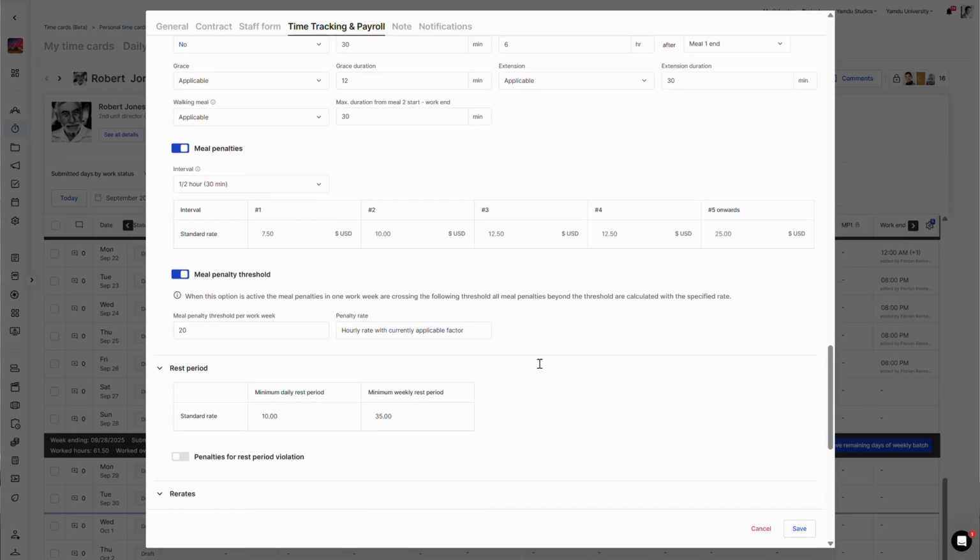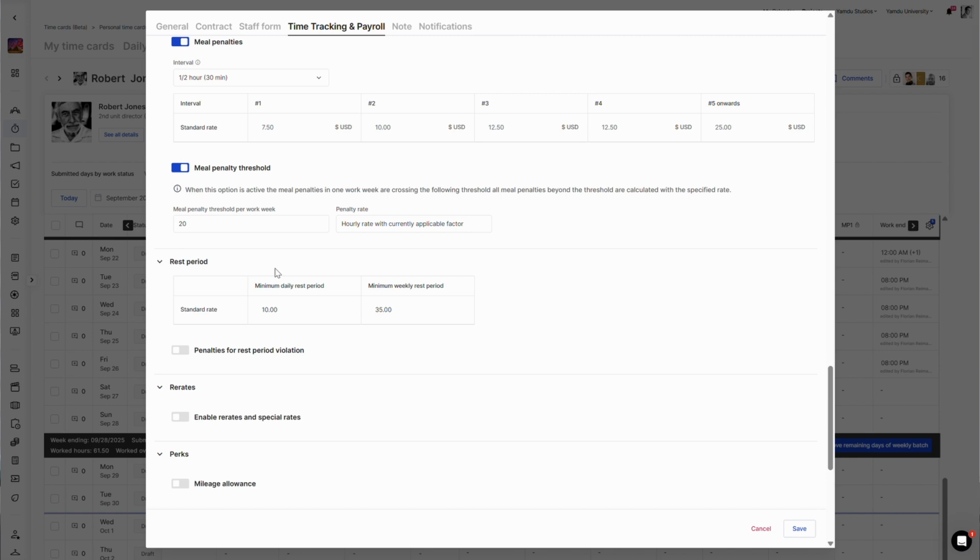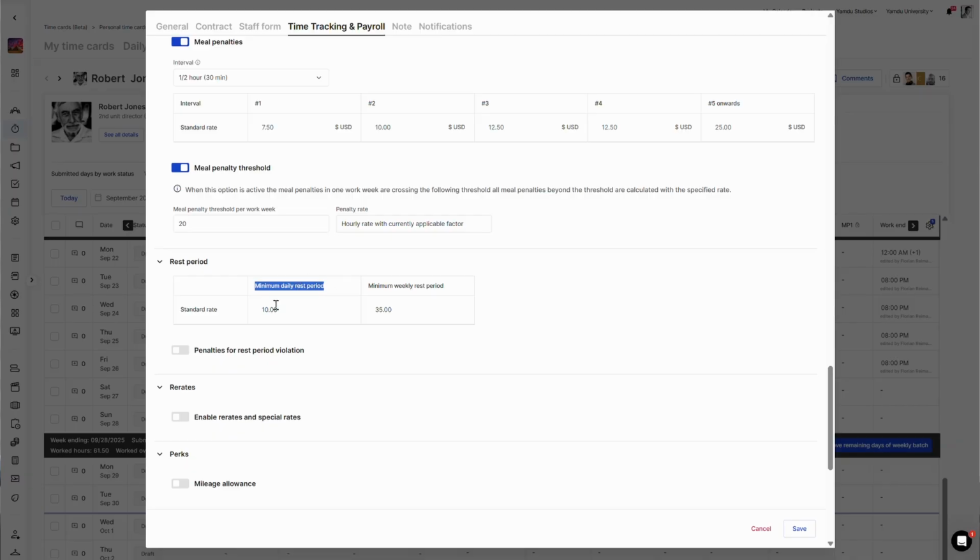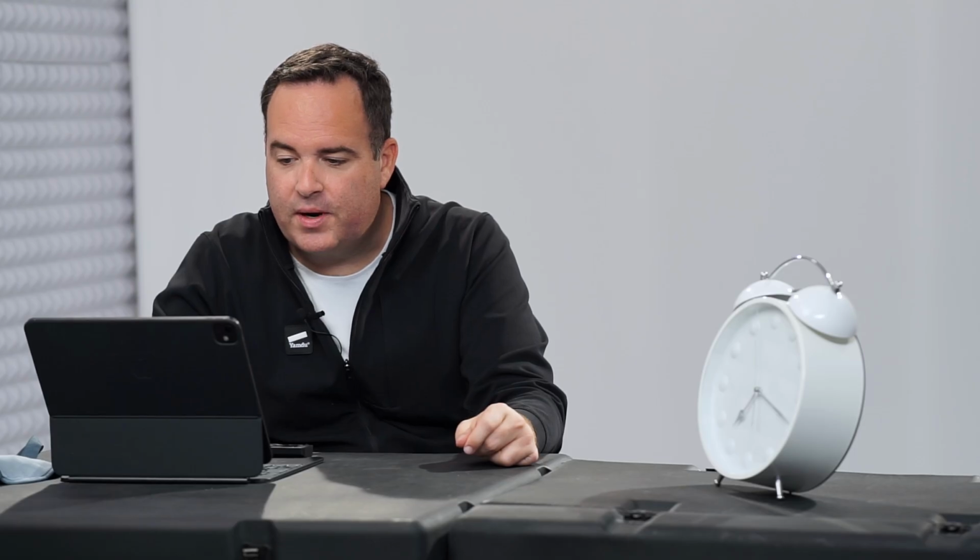And that matters, of course, also depending on the agreement for such penalty calculations, but we will see this in a second. But we want to go down to the rest periods. As you can see here, for the rest period, we have a minimum daily rest period, and it's set to 10 hours. In this case, for a standard rate, there could also be differentiations between a studio rate, etc. But in this case, let's just deal with the standard rate of 10 hours and a minimum weekly rest period of 35 hours. You can see I can easily edit this, for example, 38 hours.